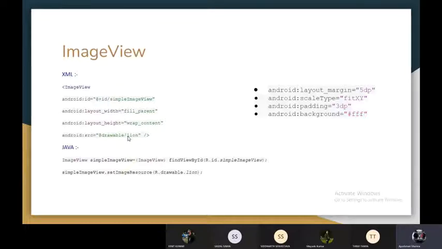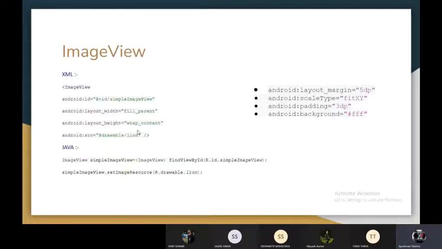So we have an image of a lion in our drawable folder. So what we do to show that image is simply write the address of that. So @drawable and the name of that file. Here we have to note something that we can't randomly write the name of any image.